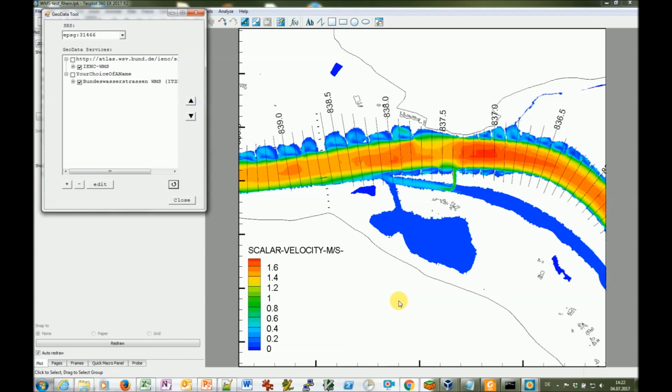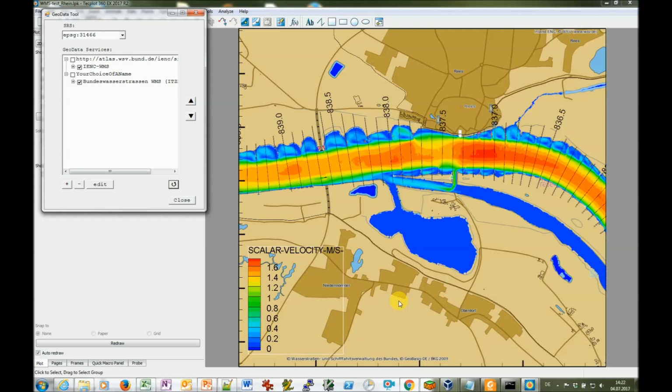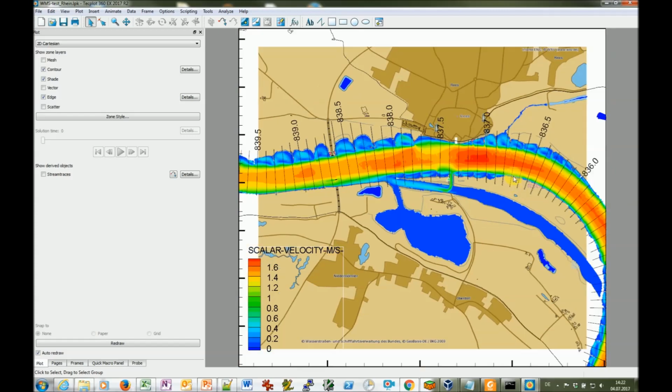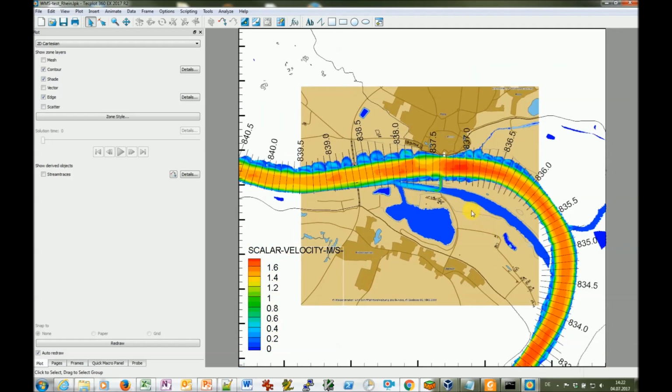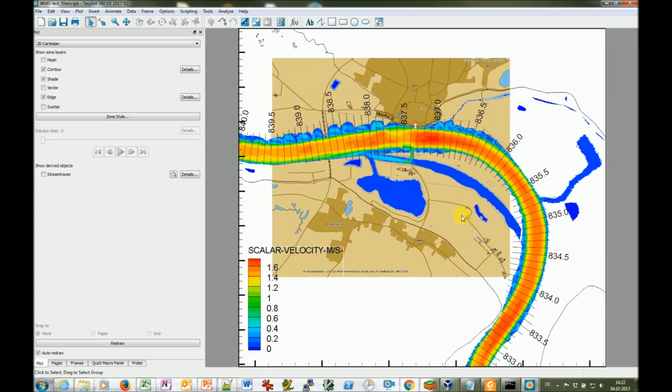Now Tecplot begins to connect to the service, then it gets data from the service, then it creates a picture from this, and here you see now it's very nice. You see much more information to understand better where in the river you currently are. And if we zoom here, then you see that our add-on loaded only the part of the data which is